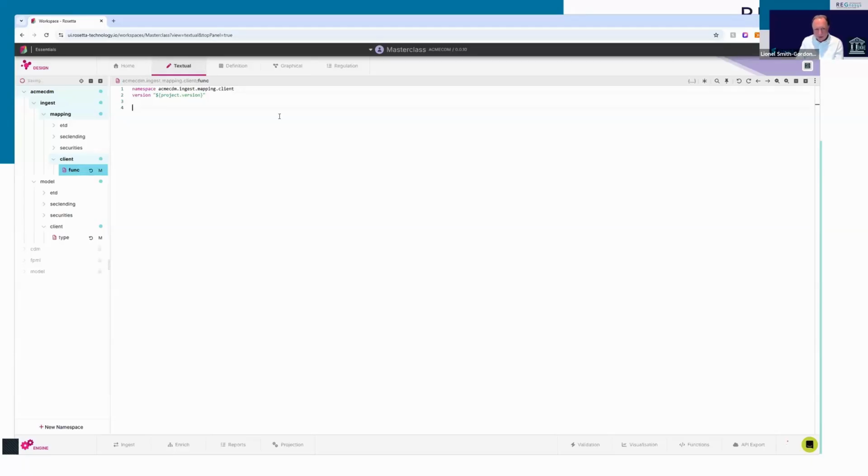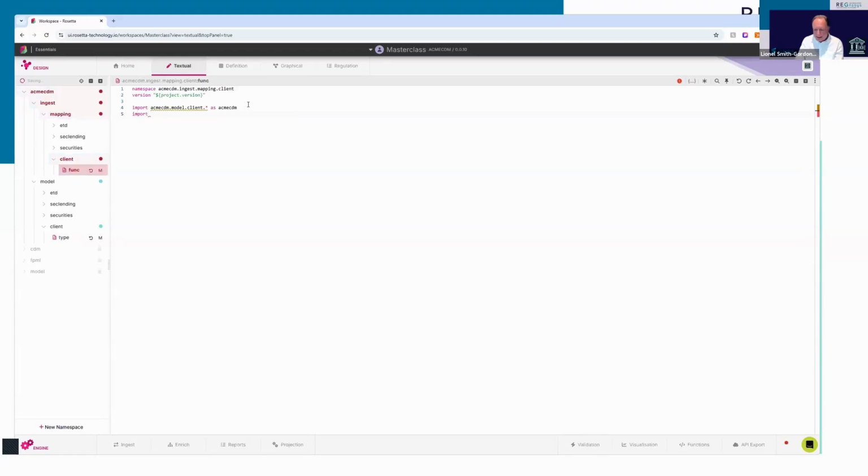Now, the first thing we have to do is link the namespaces through an import statement so that this function namespace has access to the Acme data model that we defined earlier. So I give the full namespace name, and I'm going to just give it a short name, an alias. So I'm importing from this namespace into this file. And I also want to